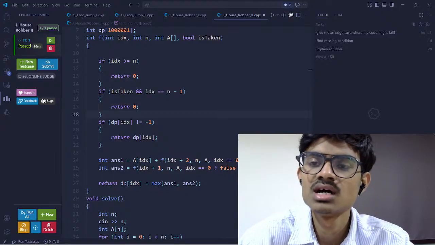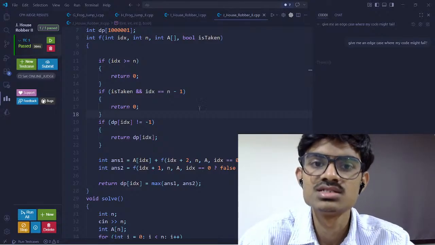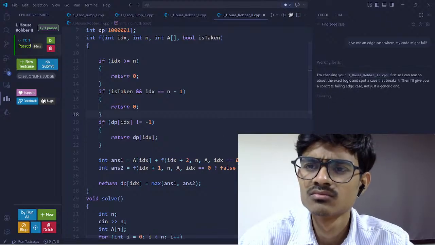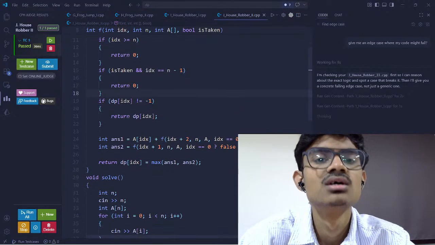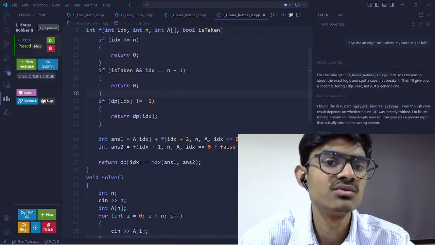So I have asked Codex to give me an edge case where this might fail, right? For n equals 1, this must be fine. For n equals 2,